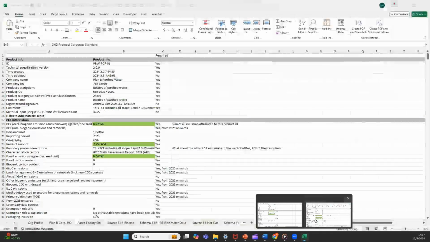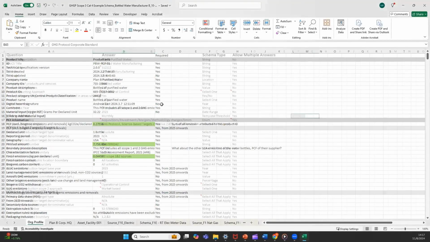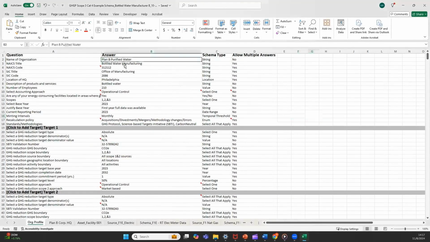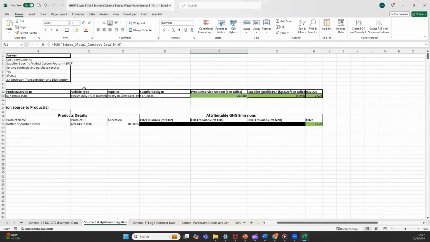So now let's take a look at the schema for company B, the water bottle manufacturer, and let's take a look at their scope 3 upstream logistics. They're using the Heavy Haulers Corp, their supplier entity ID, and how many ton miles they contracted with that company. And right here, we have the supplier specific PCF. But if you look at that emission factor C107,